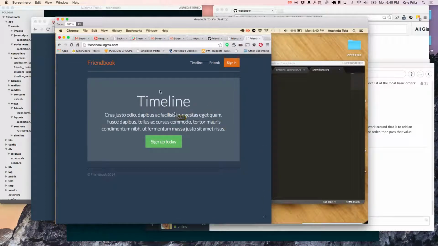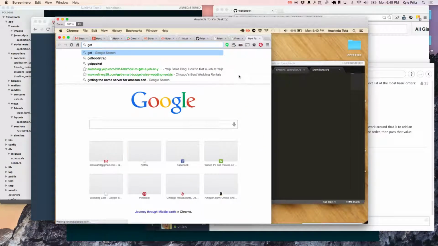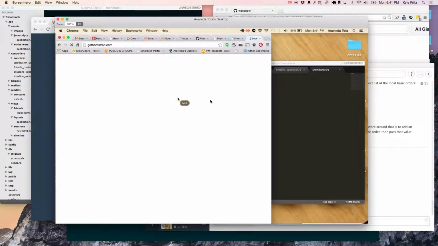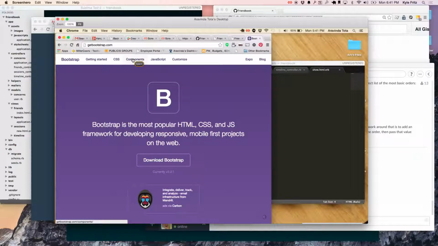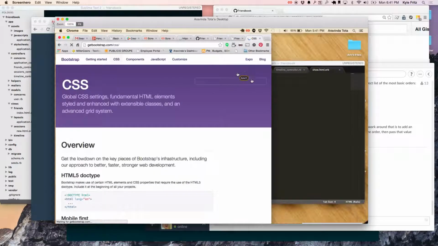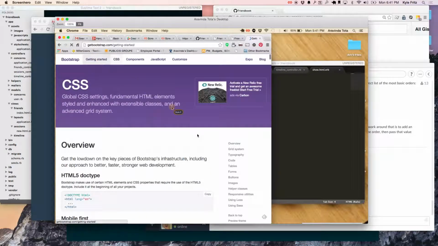Okay, so we're not too far off. We have timeline. We have this. So the next thing is we have these headers and stuff, and we're building this application on Bootstrap. Have you used Bootstrap before? No. Okay, Bootstrap is essentially a CSS framework that comes to us from the nice people at Twitter. And what we can do is, from the getting started page,